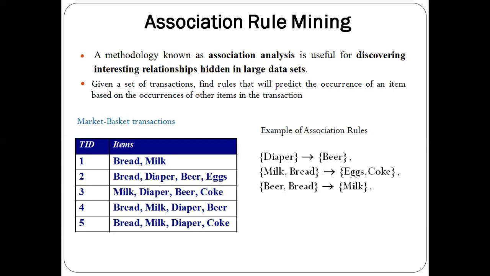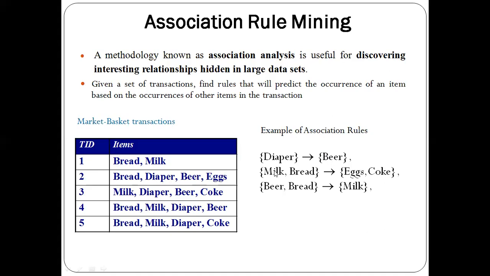For example, bread and milk. There is a normal tendency that if a person buys bread, then he will also be buying milk. If you observe the transactions here, bread and milk appear in many of the transactions. In the same way, diapers and beer. If you observe, diapers and beer occur in 3 transactions here, transactions 2, 3 and 4. That is a frequent item set. If a person buys a diaper, then he is also going to buy a beer.